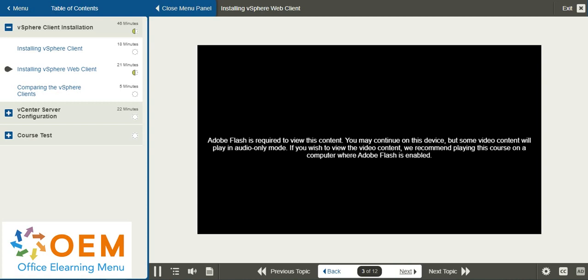The vSphere web client installation is pretty simple. Again, if you have the vCenter server installation disk up, you can launch the installer directly from the